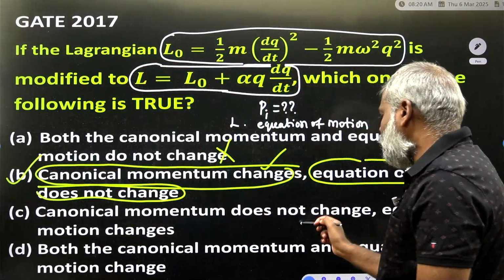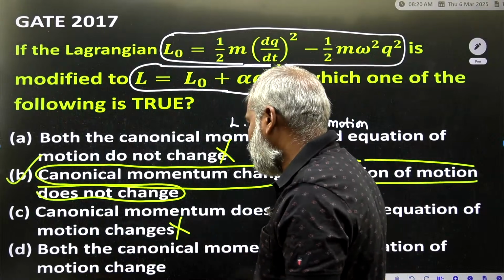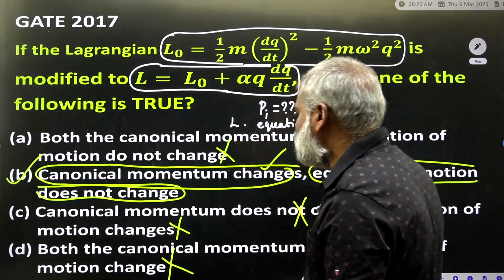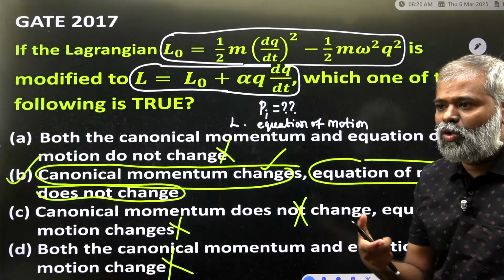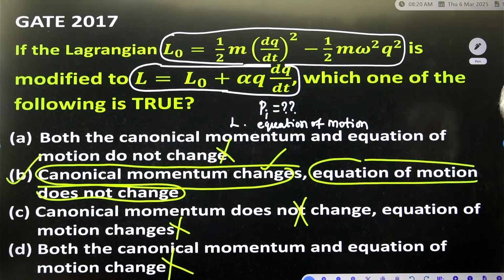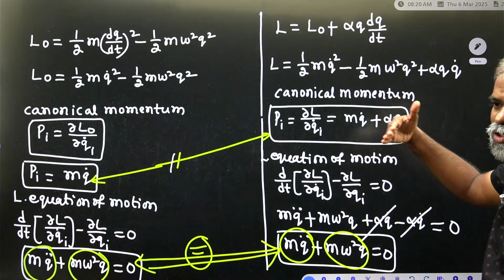The canonical momentum does not change: not correct. The equation of motion changes: not correct. Both the canonical momentum and equation of motion change: also not correct. Option B is correct. How simple the question is, very very easy. Once you know the concept, it is very simple. Like this you can solve in your